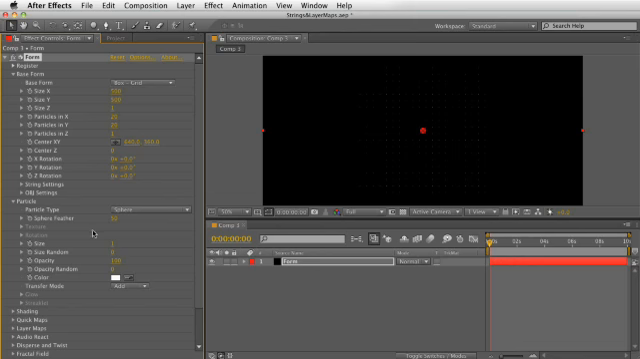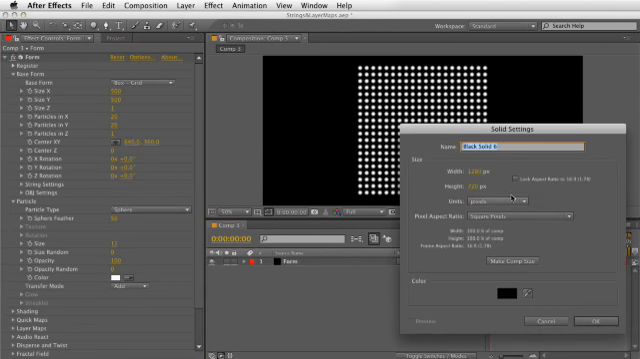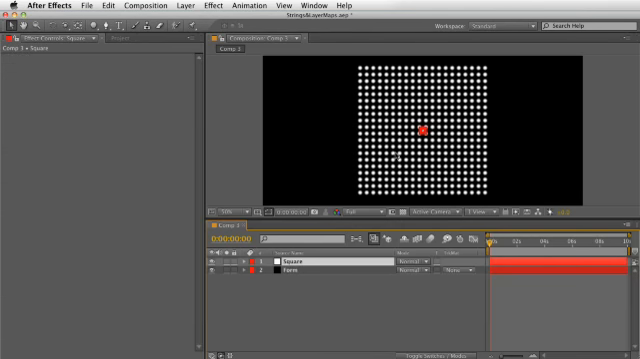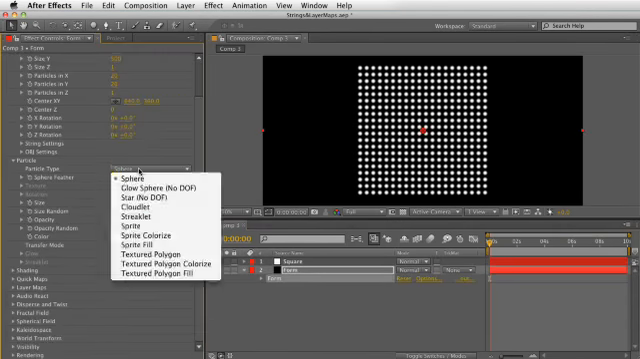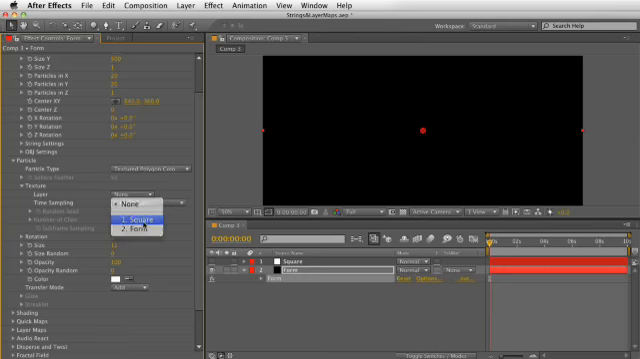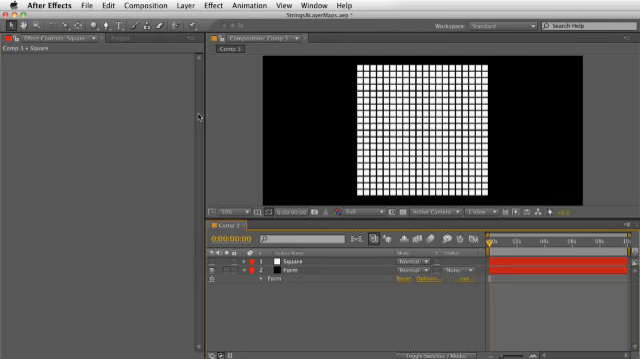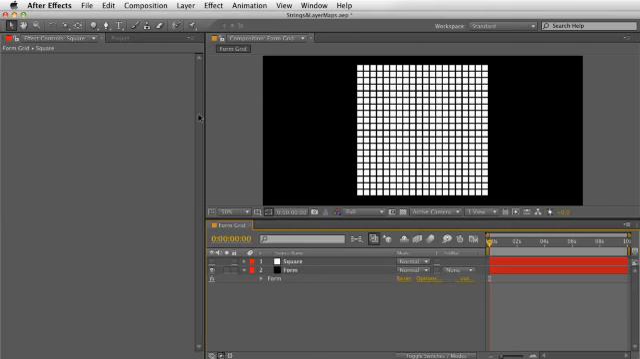Let's turn up the size, create a custom particle. I'll just use a square. So I'll go maybe 20 by 20, call this square, and turn that off. Go into Form, set the particle type to textured polygon colorize, and go to the texture and set this to square. There we go. So first let me label this comp as the form grid,